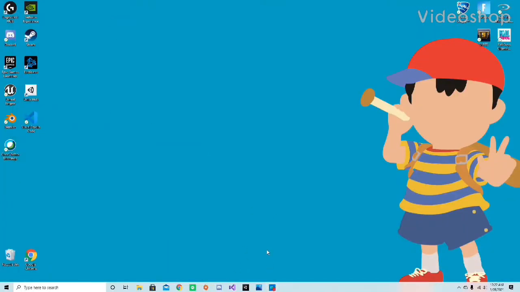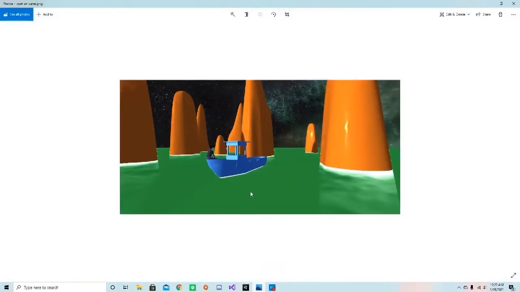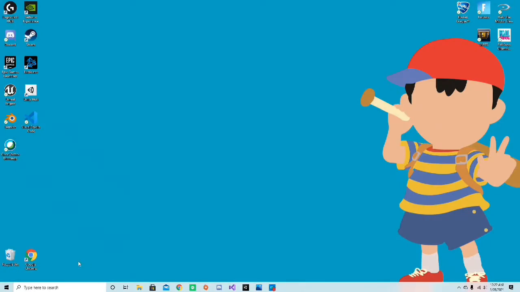Hello, and this is a video on how to create scenery for your game. And to give you an idea of what I'm talking about, here's a little sample of what we're going to make today. These orange little mountain things. Alright, so we'll go ahead and start by